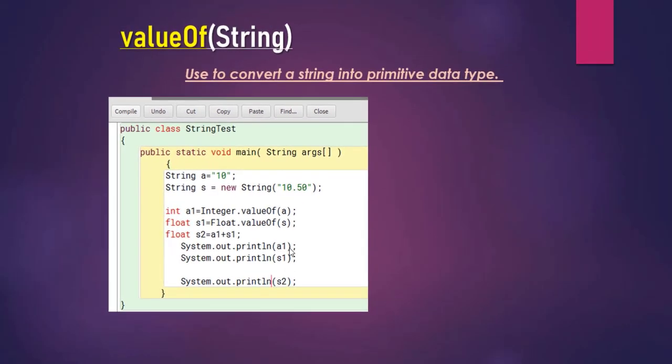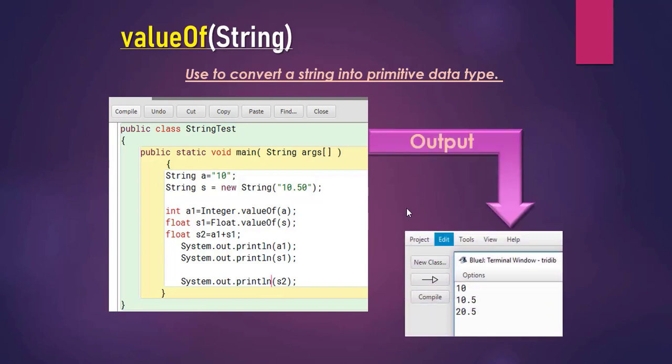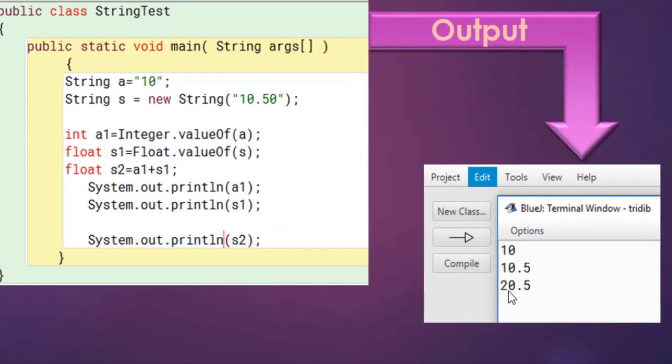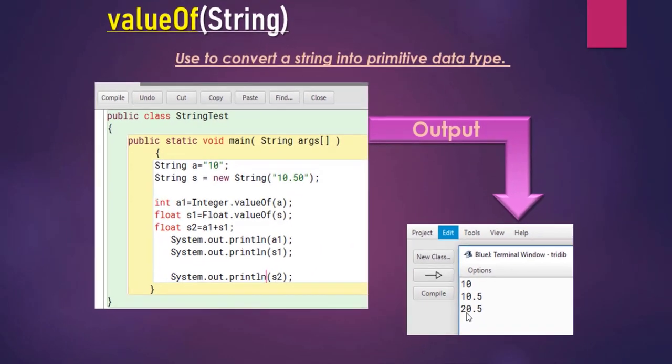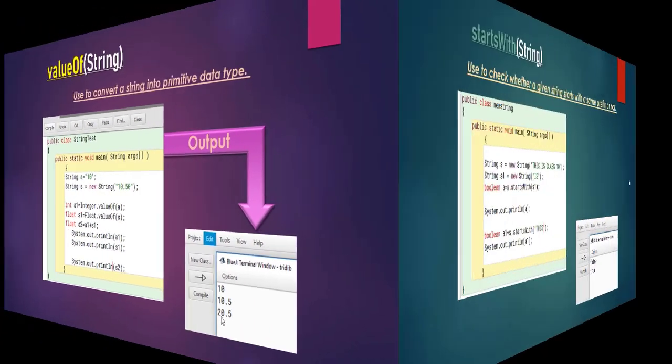Now I am printing all the values to see whether they come in arithmetical form or not. Let us see. See, the values are coming 10, 10.5 and 20.5 as numbers, not as strings. So by valueOf function, a string value can be changed to a primitive data type.